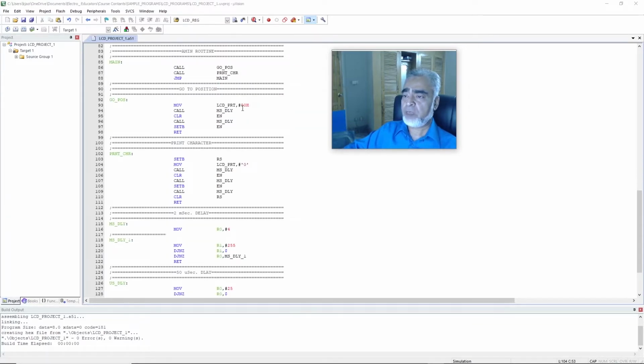Here we can check we have selected the address, that is first row and first column, and we have written the character 0 on the first row and first column of the LCD as a character. If you would like to print the number 0 other than in character mode, we will write its equivalent hexadecimal number as given in the ASCII chart, that is 30H. So here we will write 30H. It means the equivalent hexadecimal number for the character 0.